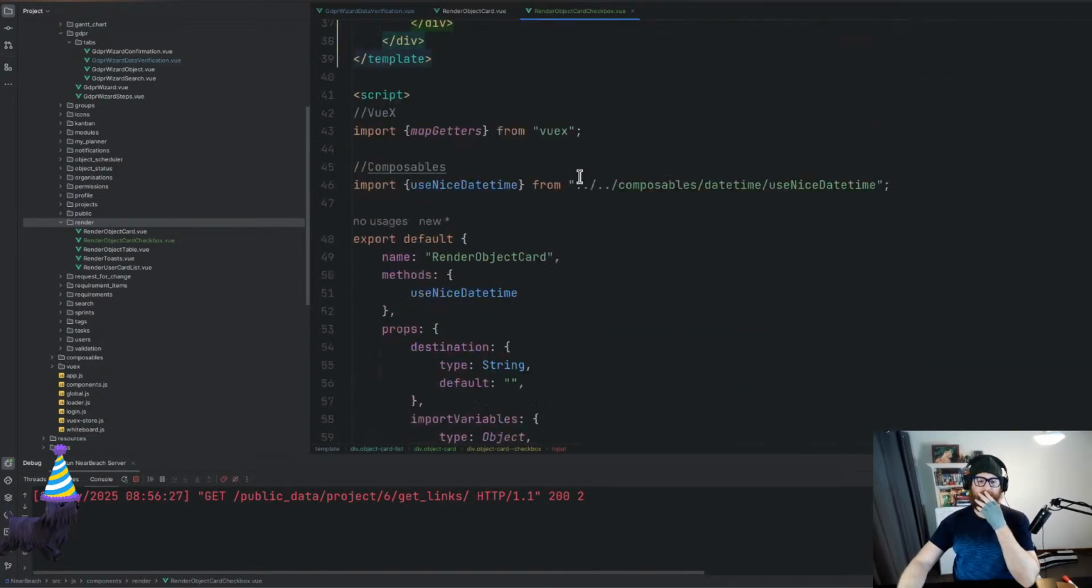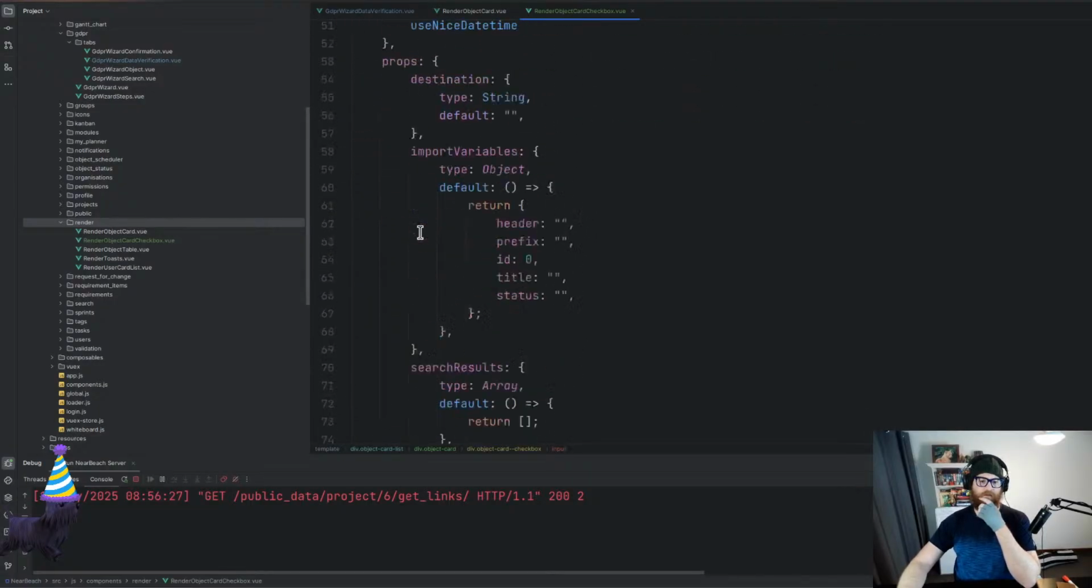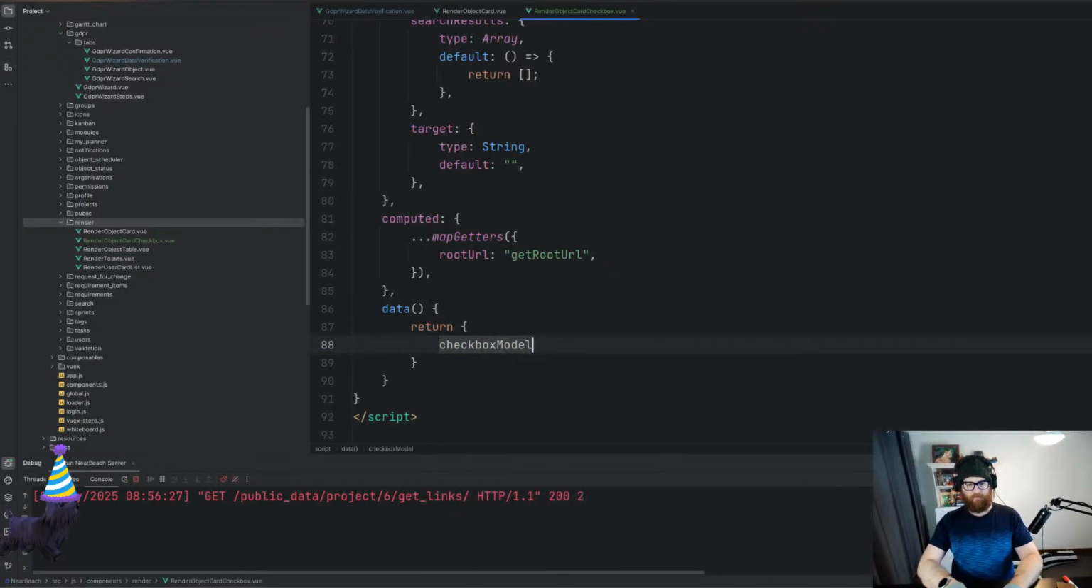No need to invent something hard. So, we want data return checkbox model, and that's going to be